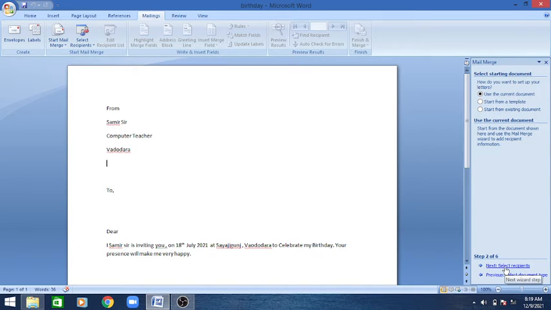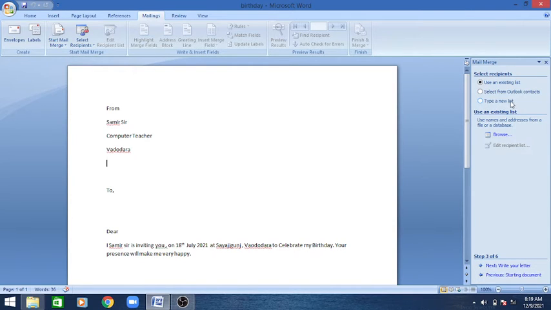Select the recipients is my next option, third. So I am clicking here. I am in the third step now. Here it is asking me to use an existing list. I have not created a list. I want you to see how to create a list. Select from Outlook contacts: you know what Outlook and contacts are, if already available then you can make use of it.